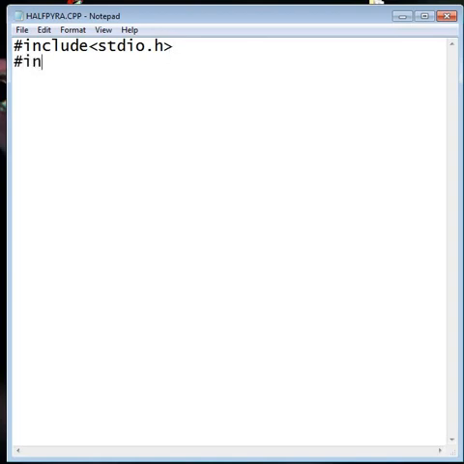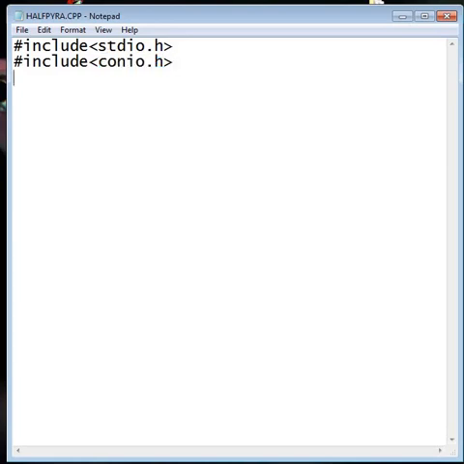So I have included two header files. One is stdio.h, that is the standard input output header file, and the second one is conio.h, that is the console input output